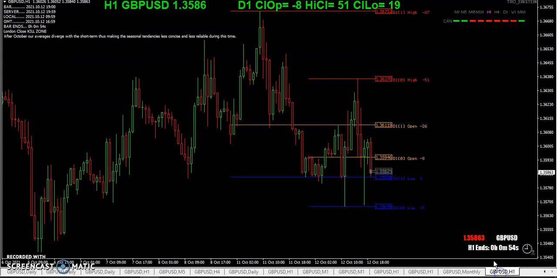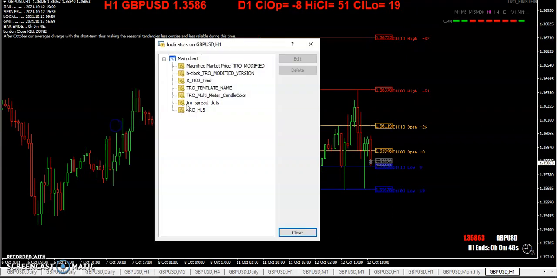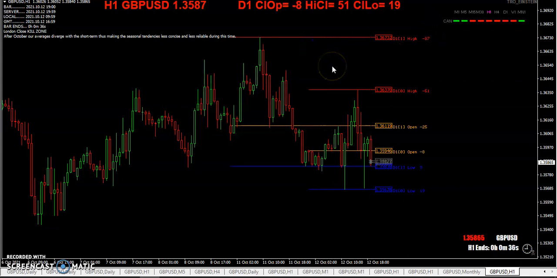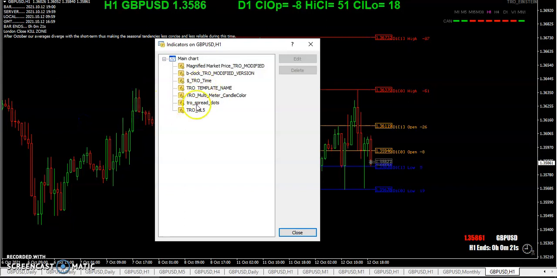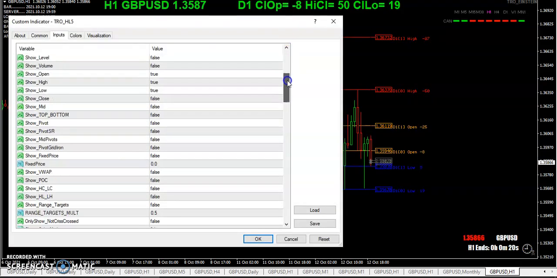on this topic. So I've got one indicator, TRO HL5 here. The rest of them aren't germane to this discussion. So what are we looking at with this indicator? In this case, I've got it set so it will show the open, the high, and the low for today and for yesterday. Now, what you can do is you come in here